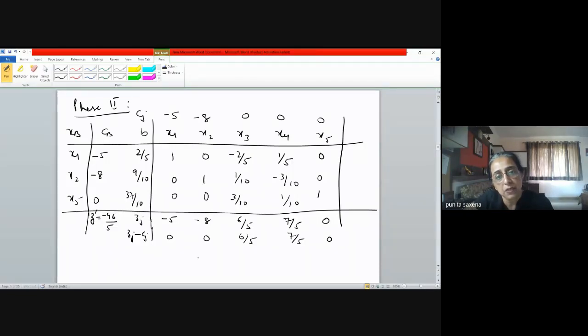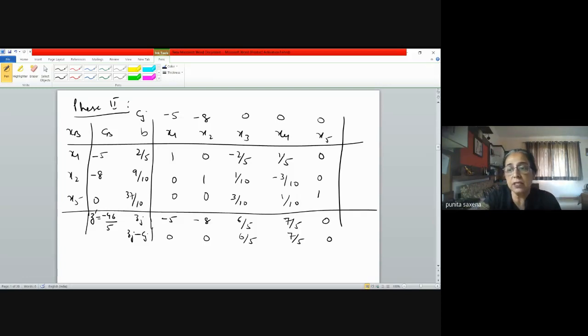Now all optimality criteria are satisfied. All my Zj minus Cjs are more than or equal to 0, and I have Zj minus Cj equal to 0 exactly only for basic variables. Non-basic variables have Zj minus Cj more than 0. So that means this is my optimal solution. Most of the time, when phase 1 ends, it gives you the optimal solution itself and you don't have to move on. But it's not a hard and fast rule. It may be possible that once you start with phase 2, you have to proceed with your simplex algorithm till we reach optimality.